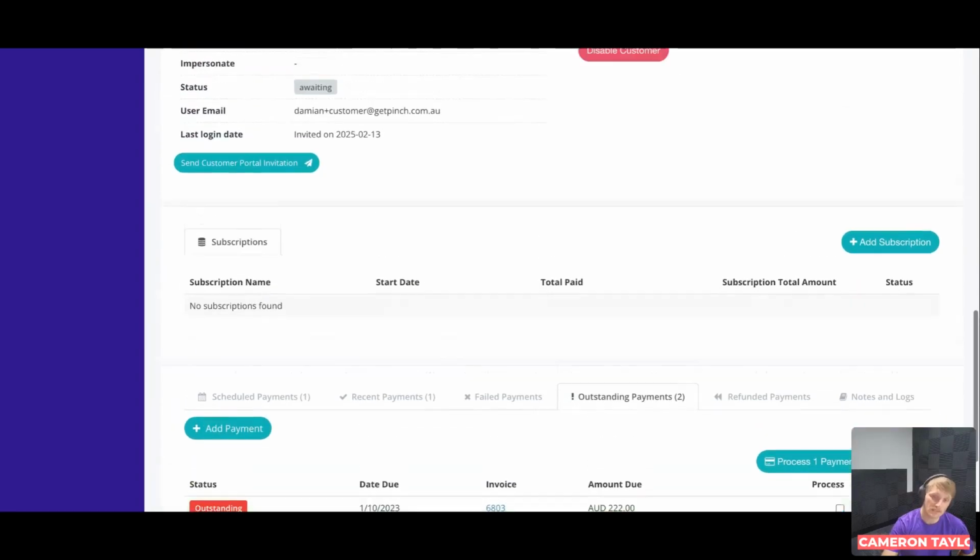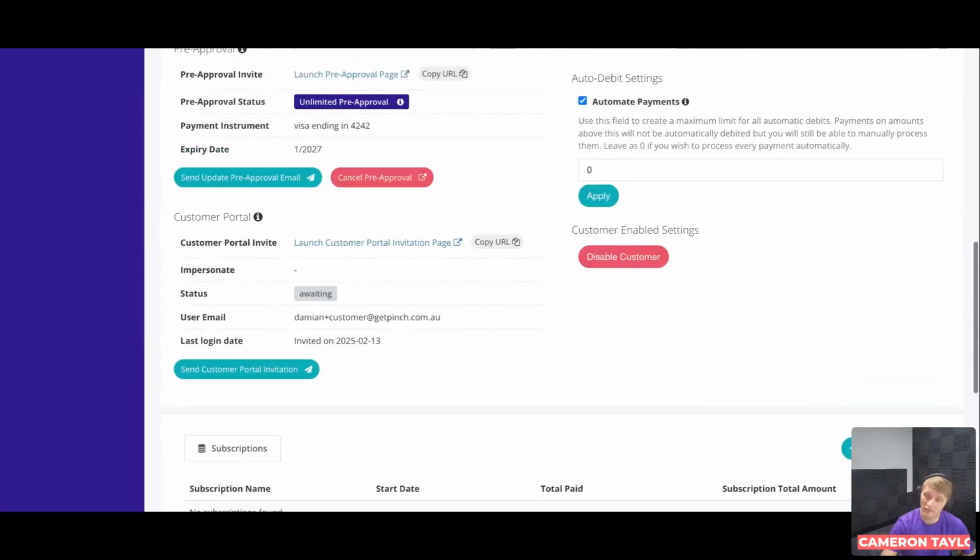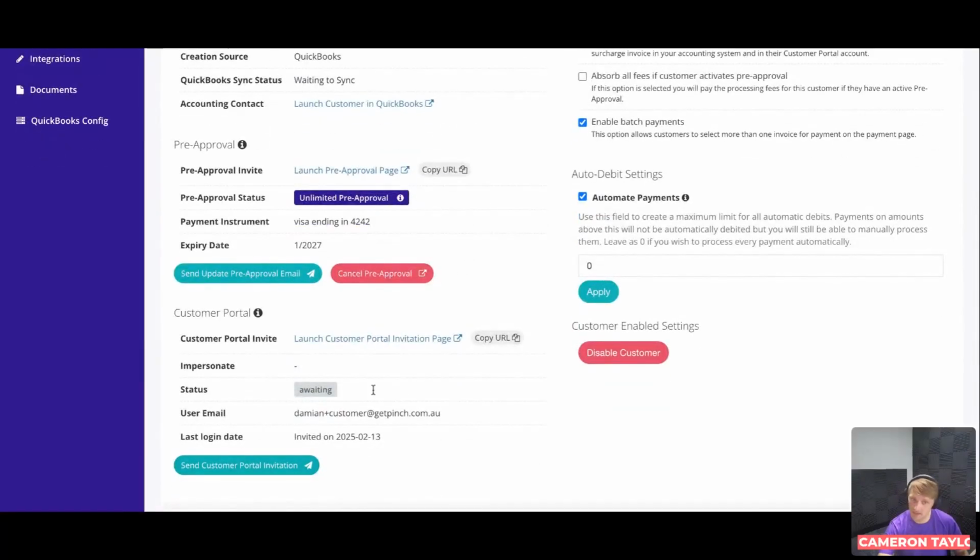There is one last way that a client can set up a pre-approval, and I mentioned it a little bit earlier, which is from the customer portal. The customer portal is an entirely opt-in feature that your client can enable, and it gives them their own user account. And when they add a payment method from inside of that account, they can actually add that payment method